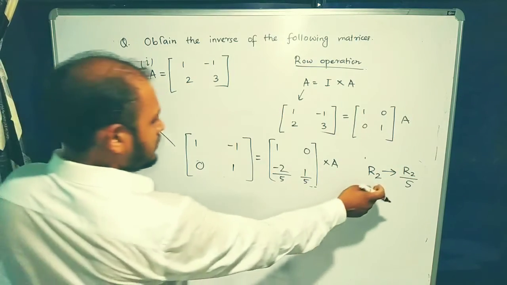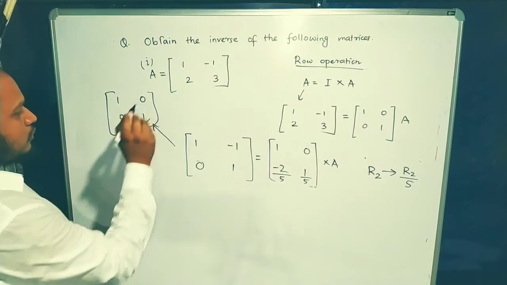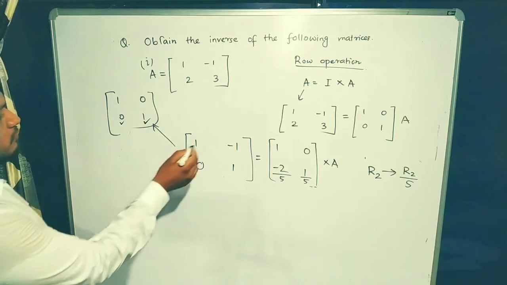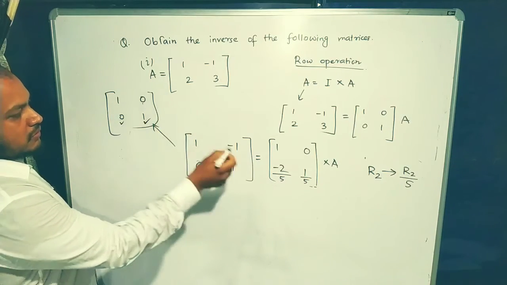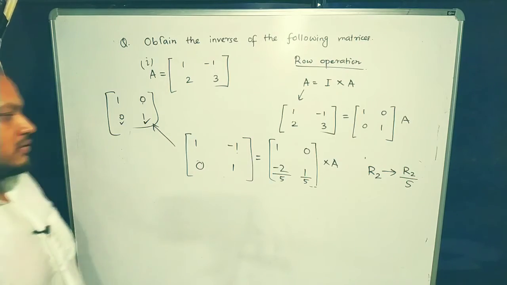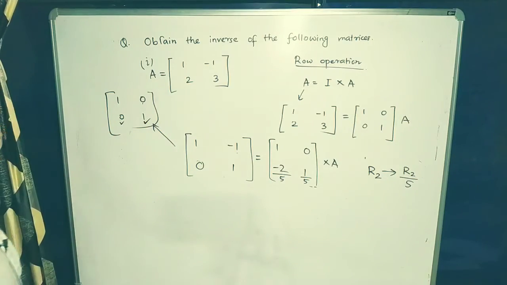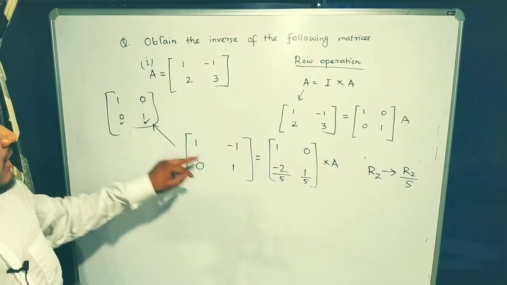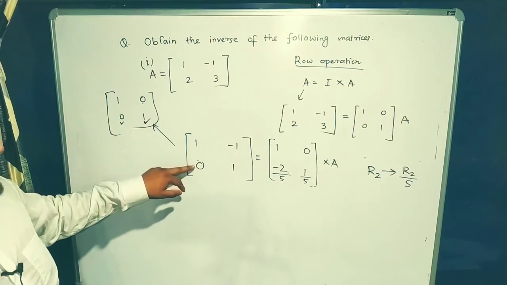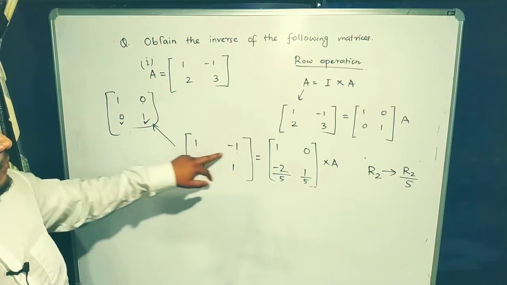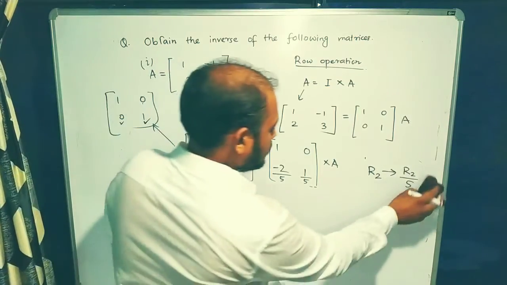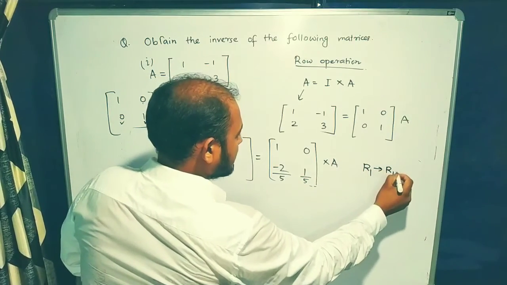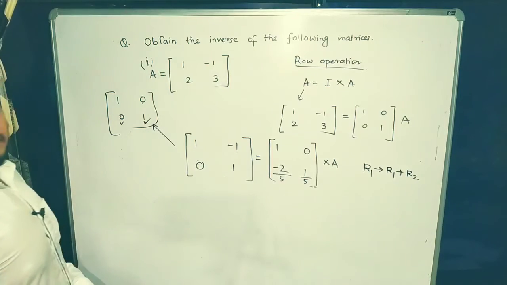So now after this operation, we are seeing that we have 0 and 1. So 1 we have achieved also. We have a 0 here and a 1 here. And we have a 1 in this position, but we do not have a 0 at this position. So how can we make it a 0? Can you find a way to make it a 0? Think about it. What will happen if we keep this row the same as 0, 1, and change the first row by adding this row to it and placing the result here? So if we change the first row to first row plus second row, then what will happen?